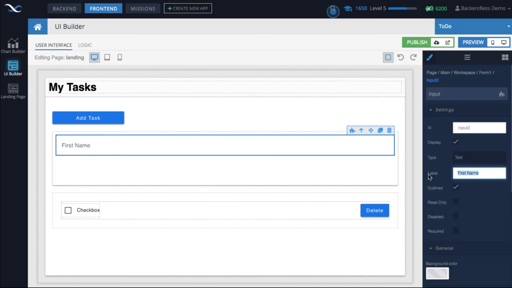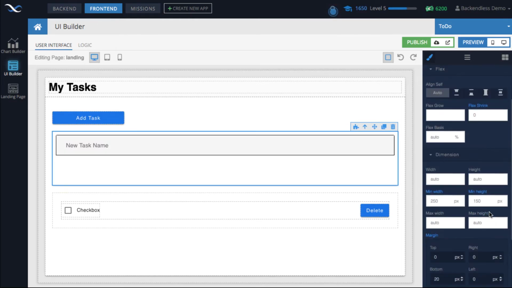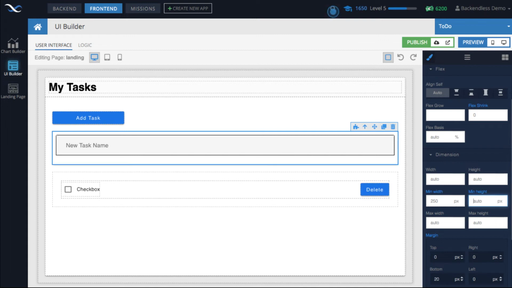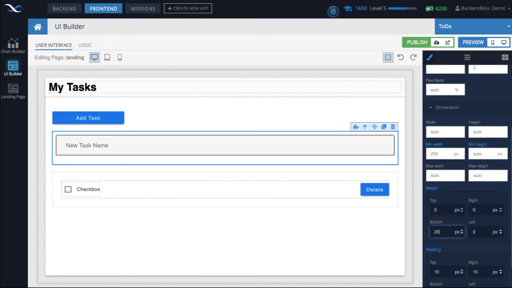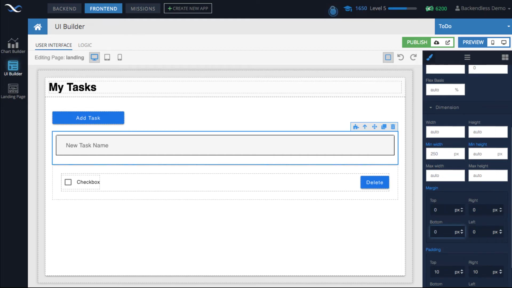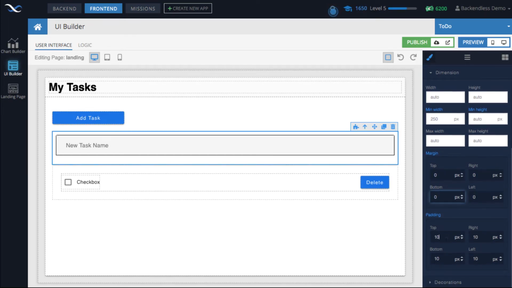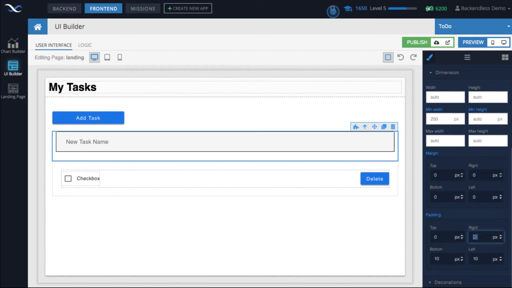And rather than first name, new task name is going to be the label. Okay, and then on the form we can remove the height, we can remove the padding on the bottom, we can also remove all of these paddings as well, just to make it once again more compact.